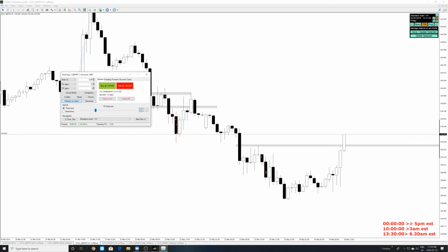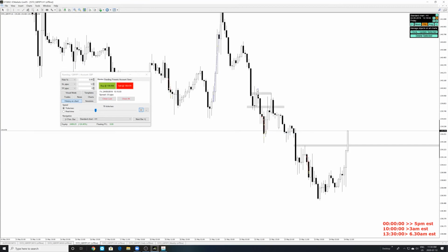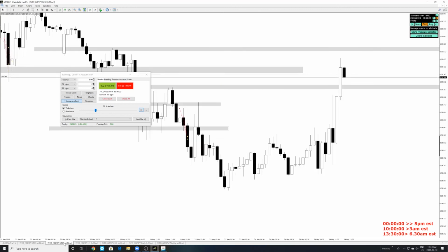There's a resistance here to the left-hand side. Yeah, if you kind of zoom out, we have a consolidation here to the left. Price consolidated here, came down. So once we broke above this area, it's coming back up over here. So yeah, let's take a look on the 30-minute. Let's clone this onto the 30-minute chart too.